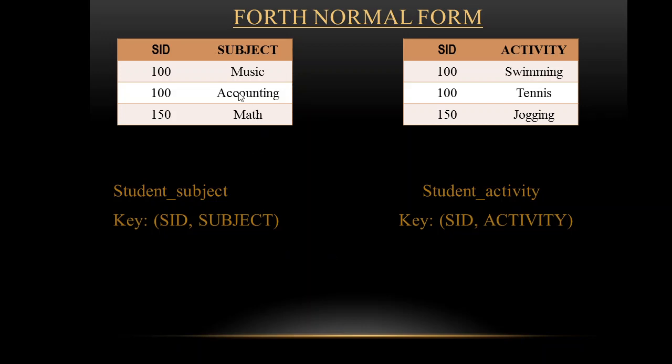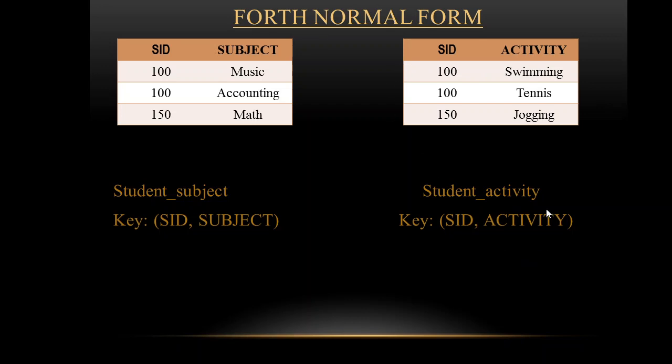Now we don't need to find the functional dependency in StudentSubject, because there are two attributes and both of them are the key, and again in the StudentActivity relation also, student ID and activity, both of them are keys. Now is the StudentSubject relation in first normal form? Yes. Is it in second normal form? Yes, because there is no non-key attribute. Is it in third normal form? Yes, because there is no transitive dependency. It is in Boyce-Codd normal form, and now there is no anomaly in this relation.